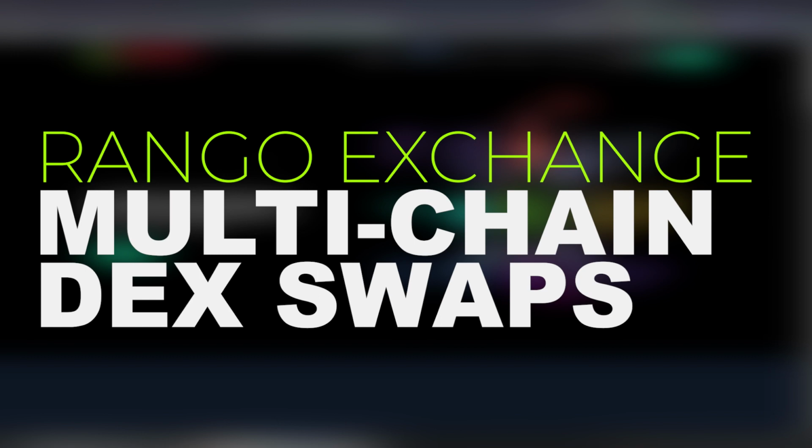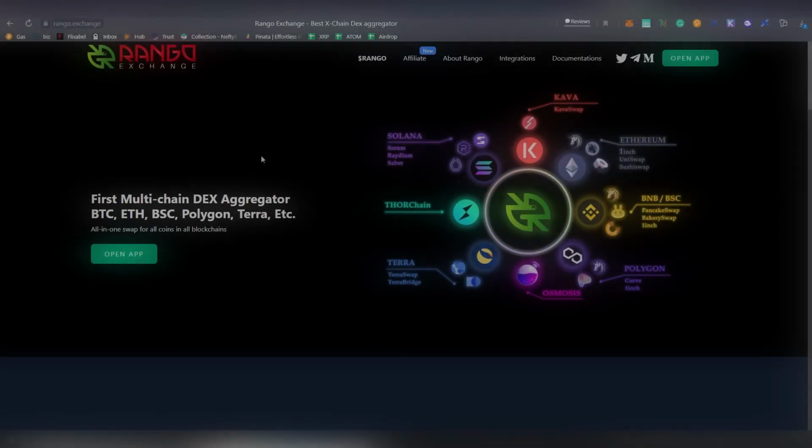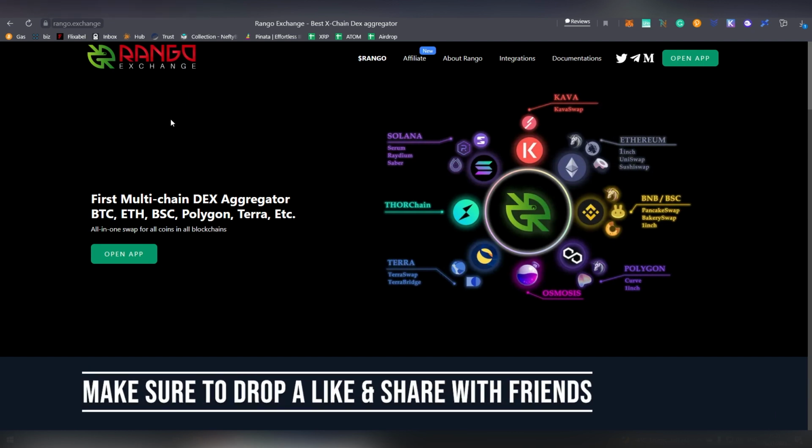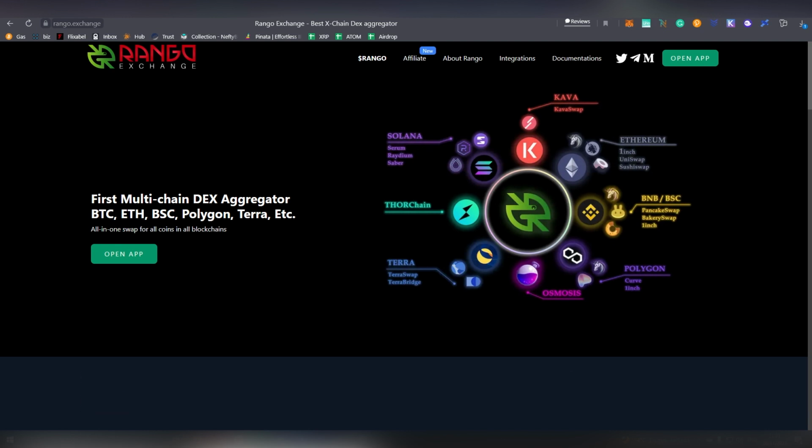As always, I'm your favorite crypto enthusiast, Lightliger here, and today I'm gonna be showcasing this new DEX aggregator that I found out about, called Rango Exchange. This basically allows you to transfer assets between multiple different DEXs out there: Bitcoin, Ethereum, Binance Smart Chain, Polygon, Terra, and also the Cosmos ecosystem. So no longer do you need to go through every exchange, deposit there, and then change back and forth. These are basically supporting all the big chains which everybody is using right now, and you can transfer assets pretty